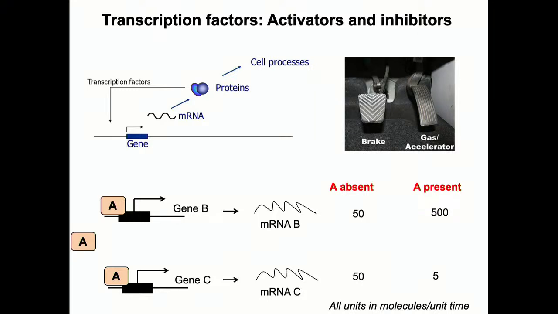So what do transcription factors do? Let's say this A is a transcription factor, and this transcription reaction in absence of A was happening at some fixed rate, and in presence of A, that rate gets amplified 10 times. I'm just making up numbers, this is just an example, okay? Or what could also happen is that A could reduce that rate of production of C 10 times, right? So if it increases, it's called a transcriptional activator. If it decreases, it's called a transcriptional repressor, right? Which, again, you can draw parallels with the brake or accelerator in a car.